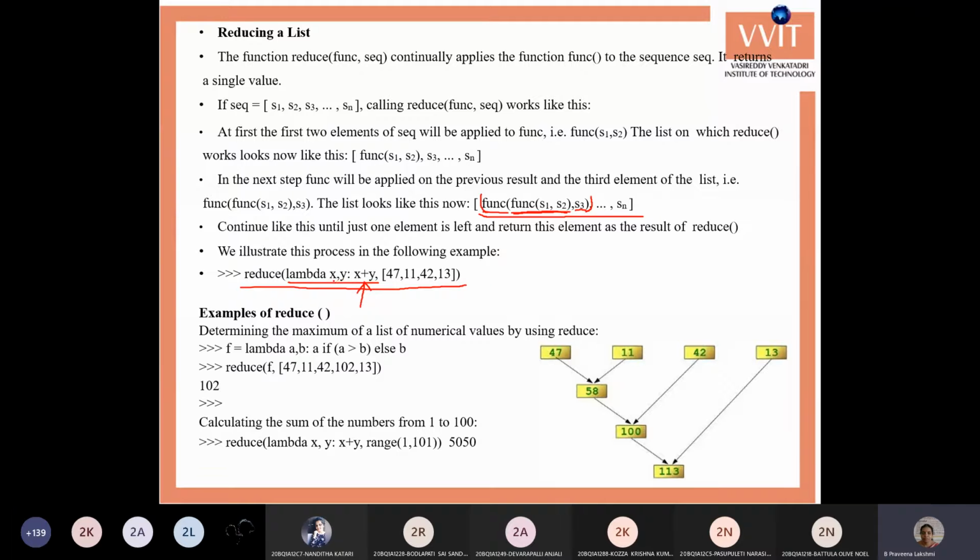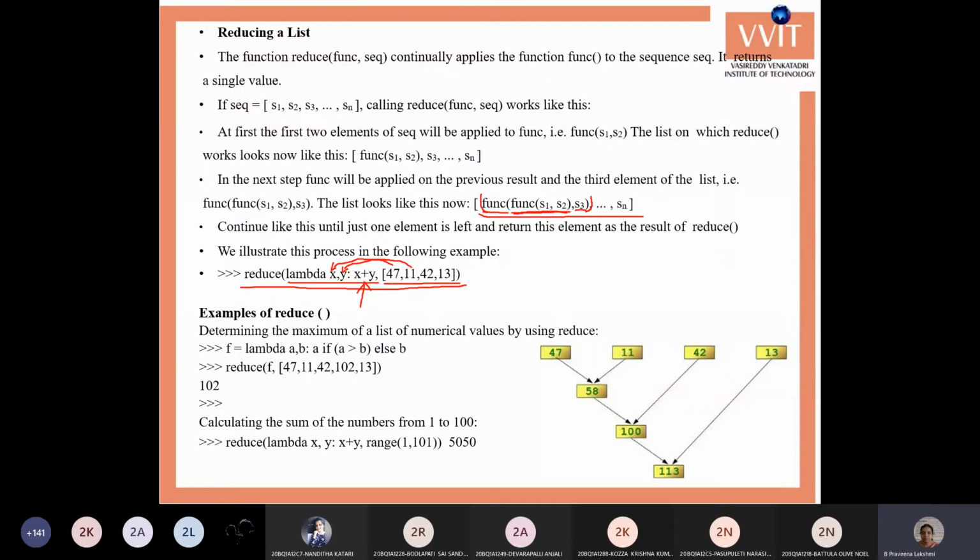For this lambda function it requires two arguments, x and y. Whatever list you send to the function, it takes two values at a time from the list. First it takes 47 as the x value and 11 as the y value, and it performs the addition of the two numbers.